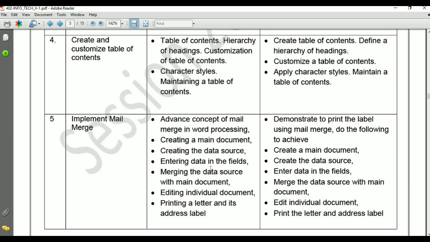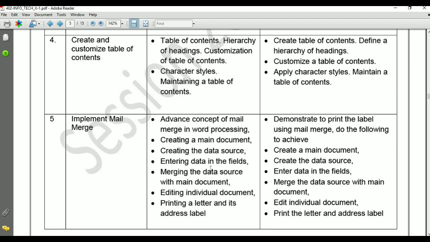A table of content is a list of headings in the order in which they appear in the document. You can set a list of headings which should be a part of the table of contents. Now the question arises where a table of content is needed.